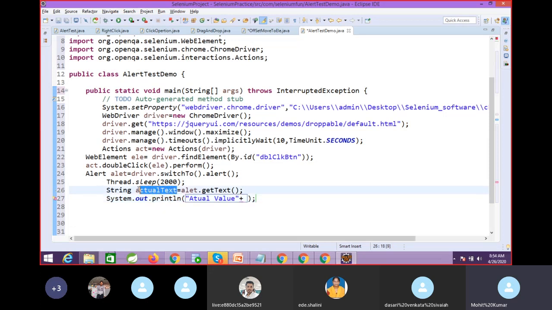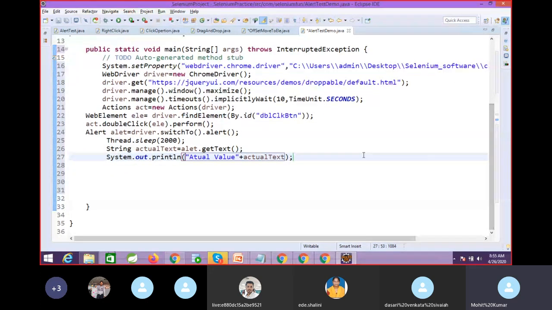Now what I'm going to do here, I did not add this. So I will add an expected string value. First we will capture the text.